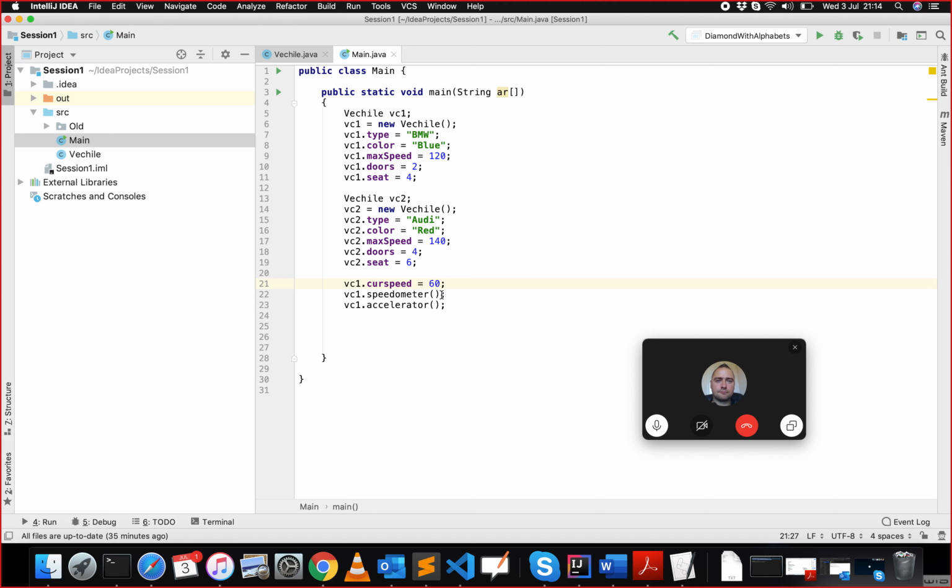The current speedometer is going to show 60. If I press the accelerator, the speedometer will keep on increasing. So if I run this one,